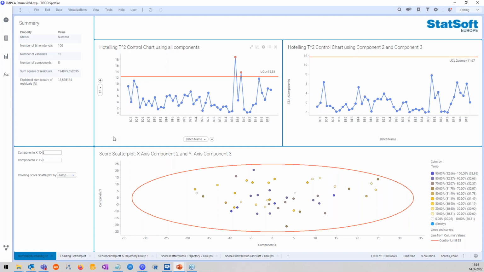Let me just briefly go over what we're seeing here. So this is Spotfire, and this is sometimes what we call a dashboard. I refer to it mostly as an application. So we use Spotfire to build applications specified by the customer and their needs. And in this application here, we are solving an MSPC problem.